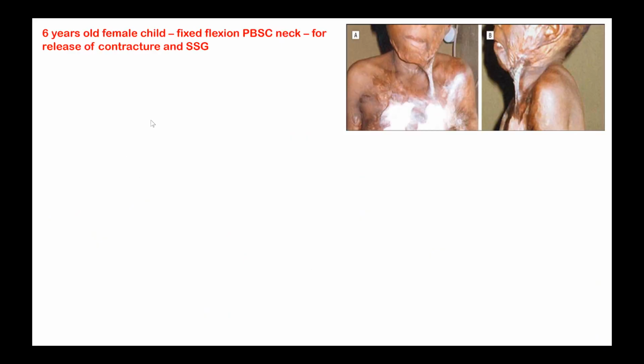This is a 6-year-old female child with fixed flexion post-burn contracture of the neck, posted for contracture release and SSG. How are the neck scars classified and why is it important in anesthesia? Not sure about the classification, sir, but